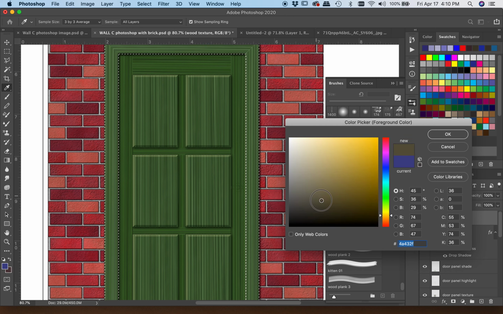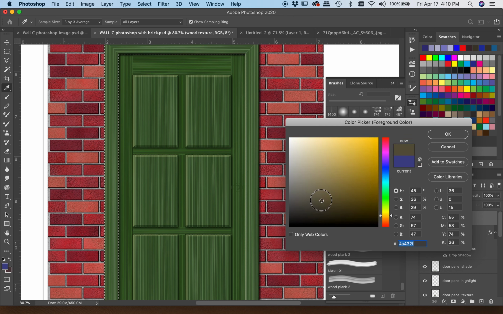And alternatively, I don't need to use an image per se to create a brush. I can actually create my own texture using the different brushes. So let's say I wanted to create a cloud texture, for example. I'm going to go ahead and delete this layer and create a new one. And I'm going to call this cloud.